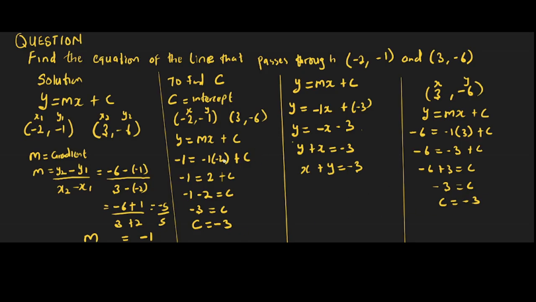So any of the points that we use, any of the 2 points, we have been given 2 points, any of the points you substitute in after getting our gradient will surely give us the same answer. You can see that we're having our intercept here to be -3, and the intercept here to also be -3. Surely,